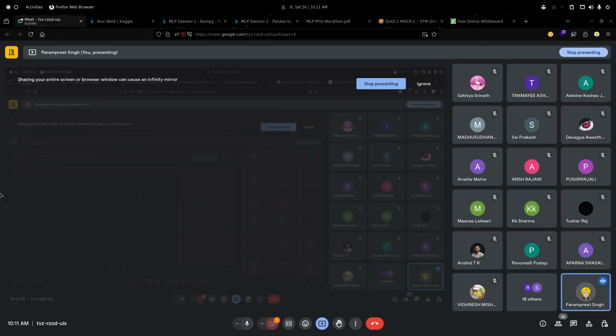Ordinal encoder does this. And we have one more, label encoder. Label encoder is the same as ordinal encoder, but the difference is label encoder works only on one column at a time. So if we have to encode 5 different columns using label encoder, we will have to create 5 different label encoders. But if we use ordinal encoder, we can do all 5 columns with a single ordinal encoder. This is just a basic difference between label encoder and ordinal encoder. The rest of the working is the same.